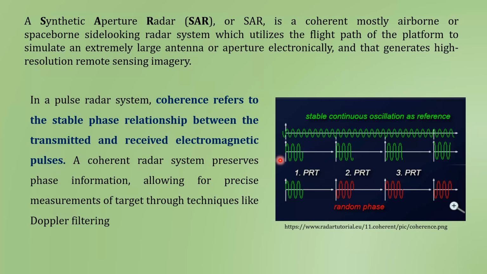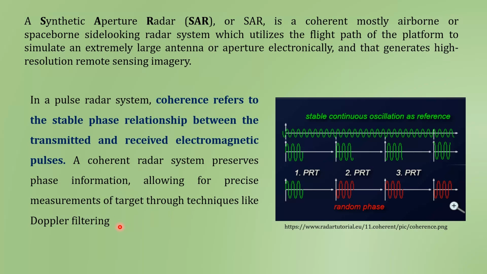pulses. In this image, we have a simple representation of coherence. This is the stable continuous oscillation as reference. Here we have the phase of the transmitted signal and the phase of the received signal for each pulse. And here we can see the phase of the received signal is the same as the phase of the transmitted signal. But in the remaining three cases, we have random phase. So a coherent radar system preserves phase information, which allows precise measurements of the target through techniques like